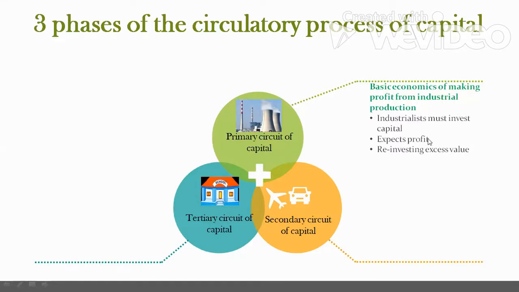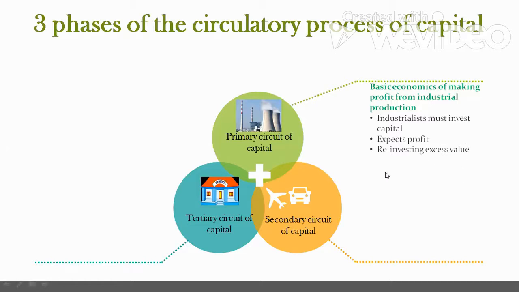So when they get excess profit, what does excess profit mean? Excess value. What they have invested, they are getting more. If they have invested 5, they are getting 10. Or if they have invested 5, they are getting 7. So the excess is how much? Excess is 3. So this excess value, that is 3, the industrialists want to